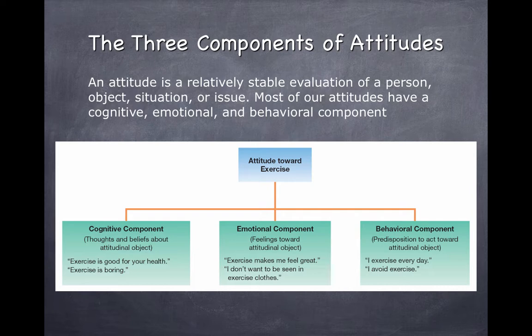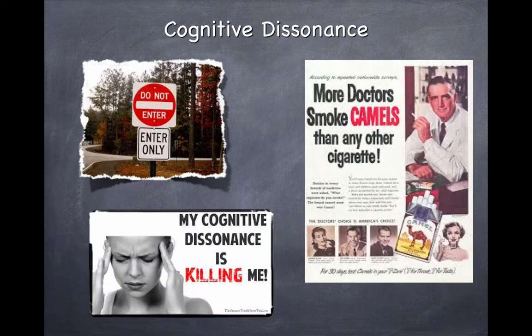Now, one of the other terms that is used in social psychology is what's called cognitive dissonance, and this is the unpleasant state that can occur when people become aware of inconsistencies between their attitudes or between their attitudes and their behavior. And so this can result from a desire to maintain our self-esteem and reduce the discomfort, or people will try to reduce their cognitive dissonance by changing their behaviors or changing their attitudes, explaining away the inconsistency or minimizing its importance.